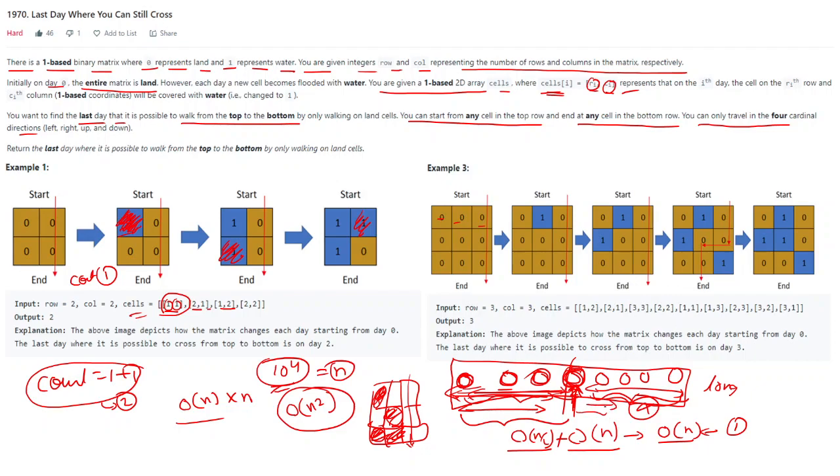Suppose we take this particular day and cannot move from top to bottom, so our new area of consideration will be from this particular point. Now we again pick the mid one and check again. Every time we are checking, we are halving to n by 2. So for one iteration this is order of n. If we halve every time, how many times will this order of n work be done? It will be log n times. So log n times order of n, so basically our algorithm will be n log n.